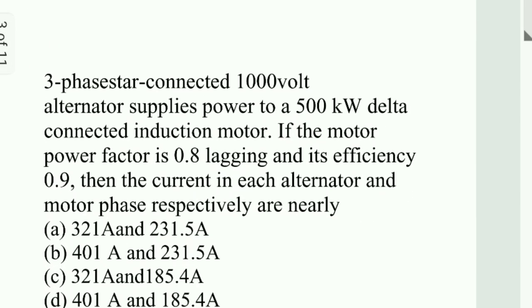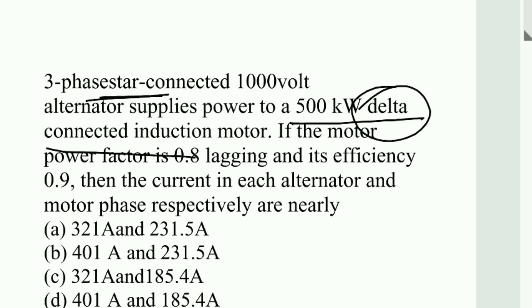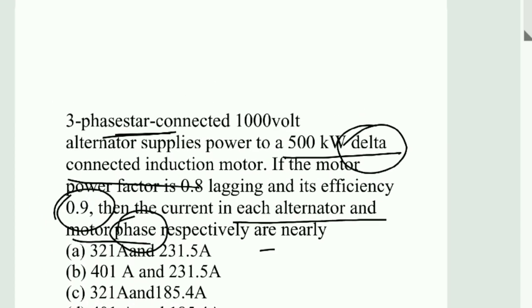3-phase star connected 1000-volt alternator supplies power to 500 kilowatt delta connected induction motor. If the motor power factor is 0.8 lagging, its efficiency is 0.9, then the current in each alternator and motor phase current respectively and nearly, पूछा है। तो आपको क्वेश्चन शायद पता चल गया होगा।